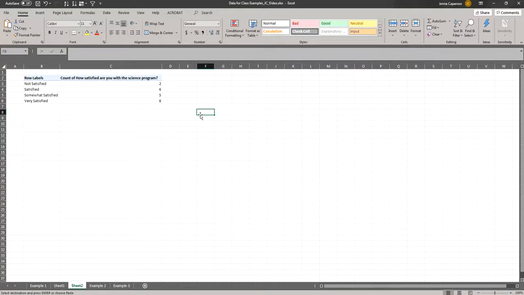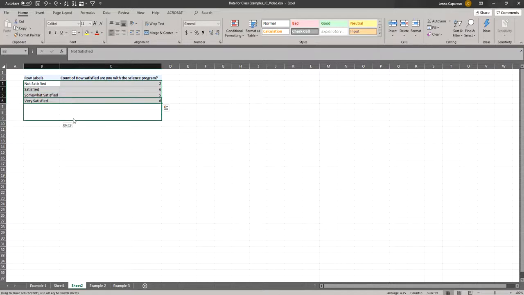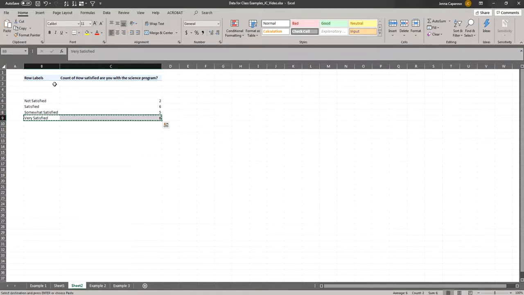Okay. To create our chart, we might want to reorganize our data. Right now, we have them in an order that doesn't actually respond to the ordinal nature of the variable, so I'm just going to move this around. Let's say we want very satisfied up here, so I'm just going to reorganize. You can click and drag, you can cut and paste. Very satisfied to satisfied to somewhat satisfied, and the not satisfied. Okay, so now our data is in order, or in the ordinal order for the Likert